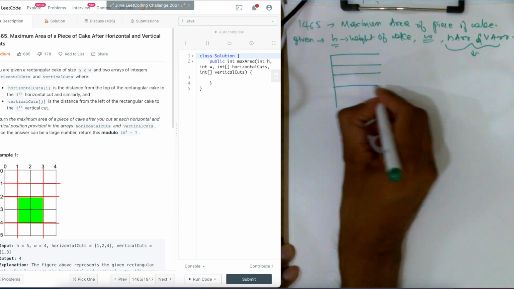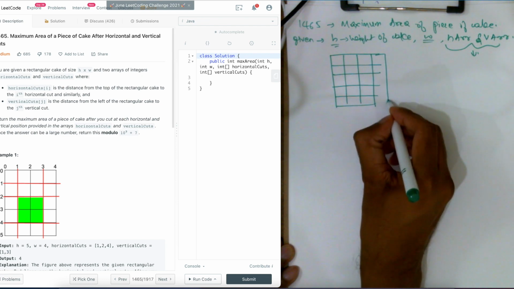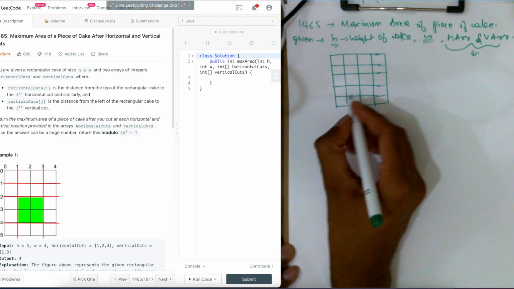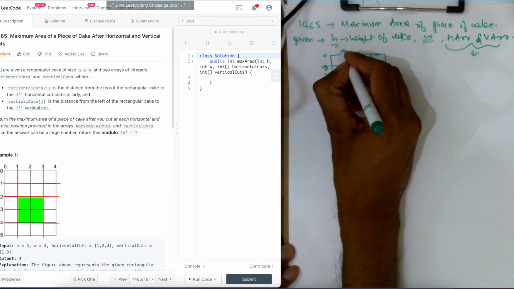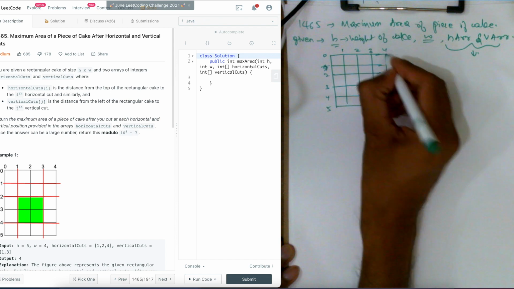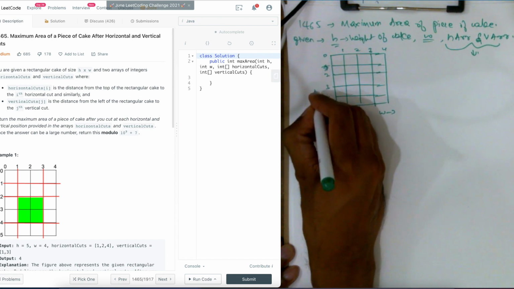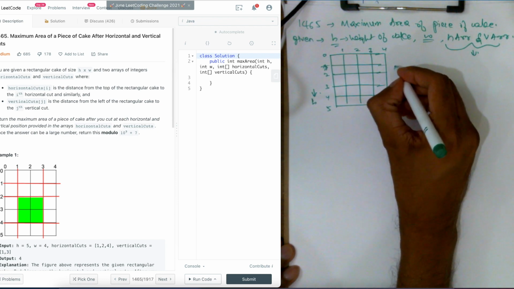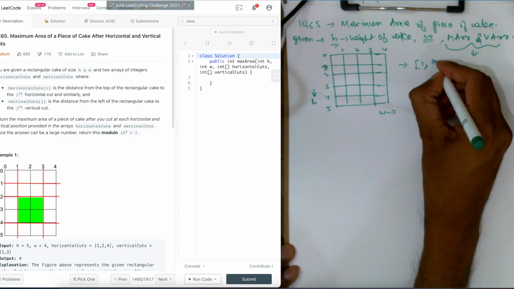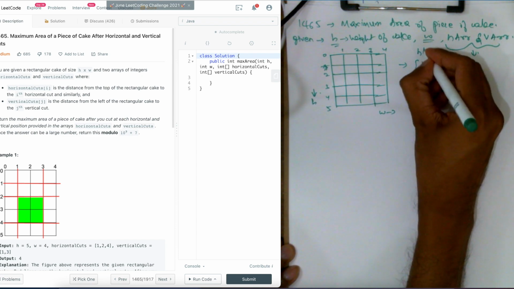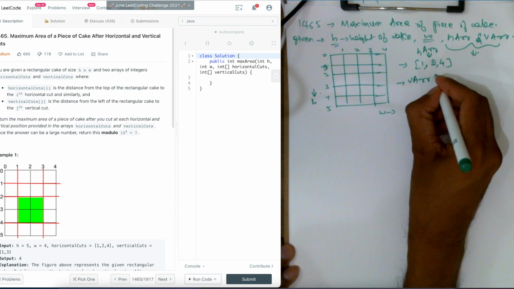So 1, 2, 3, 4, and 5, and so this is the height. Let's say the height is 5 inches. 0, 1, 2, 3, 4, and 5, and 0, 1, 2, 3, and 4. So this is the width of the cake. Width and height. If I take the example, there are two arrays: 1, 2, and 4, which will be my H array, and my V array would be